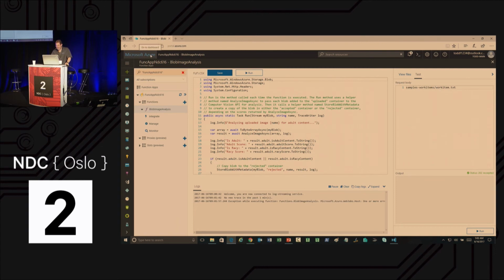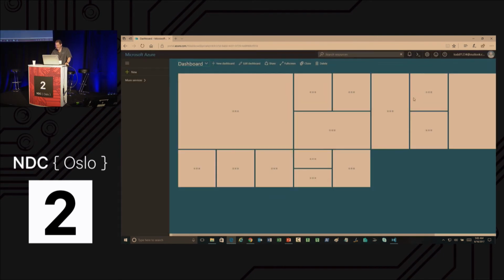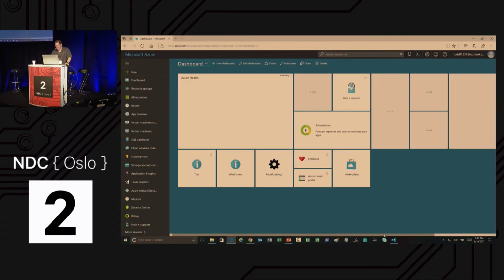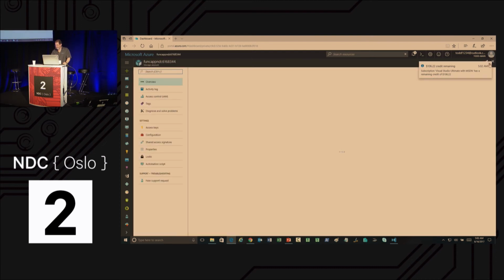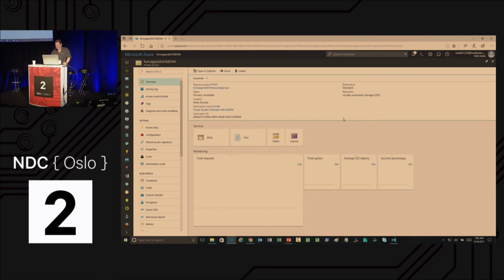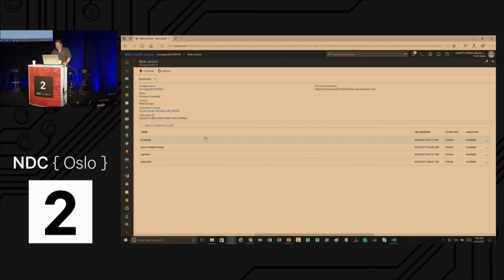We're going to go over to our Blob Storage again. Let me refresh this screen so you can see our resource group. So now you can see that our vision app's part of our resource group. Let's go back over to our storage, to our blobs, to our uploaded container.